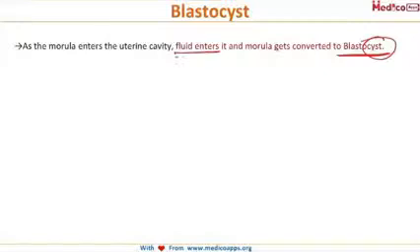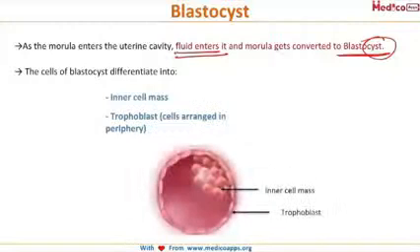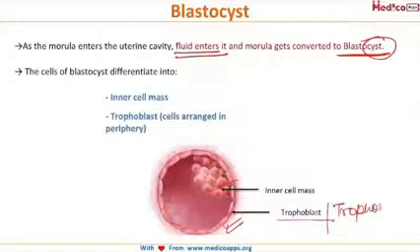Cyst because when fluid enters, it becomes a cyst. Now the cells of the blastocyst differentiate into the inner cell mass and the peripherally arranged cells, which are called trophoblast or trophoectoderm, one and the same thing. Now it is this blastocyst which gets implanted. So we'll continue with blastocyst implantation in our